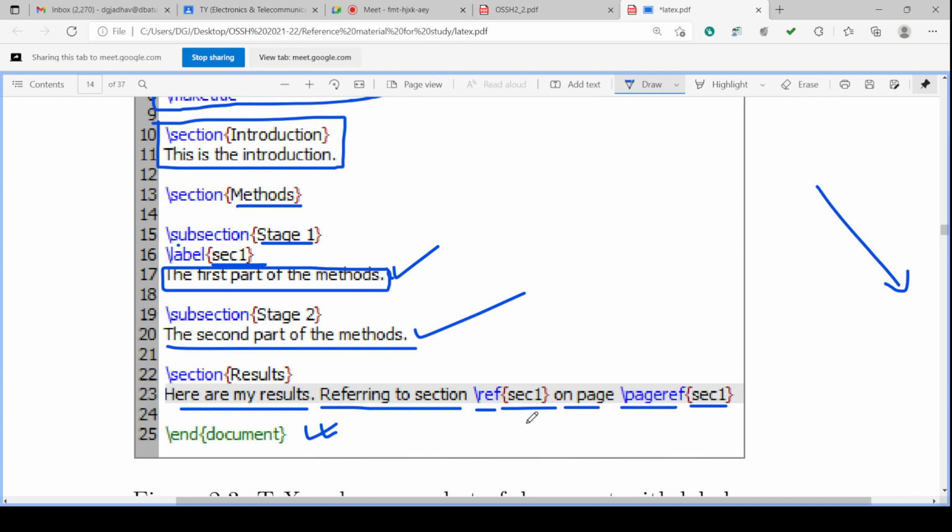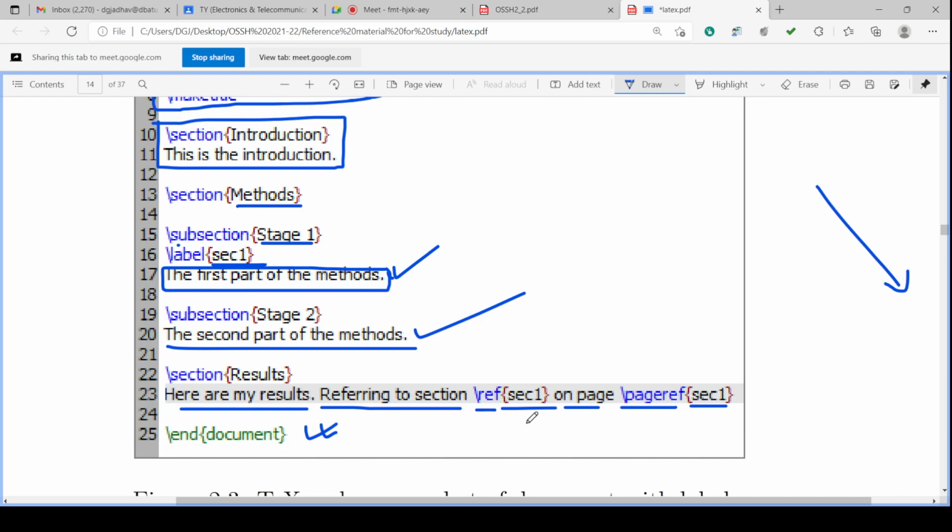One command is \label{sec1}, which we write immediately after where we want to refer. After subsection stage 1 we have written label sec1. That means it is for subsection stage 1. The label means we are naming that stage 1 with the name sec1. The label name is sec1, and that sec1 we are referring to in the results paragraph.